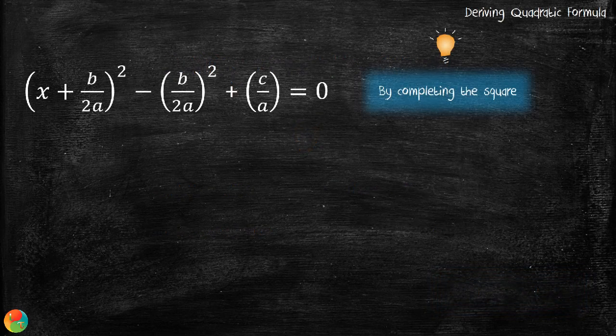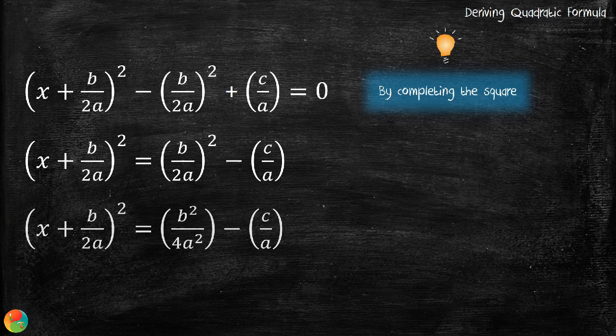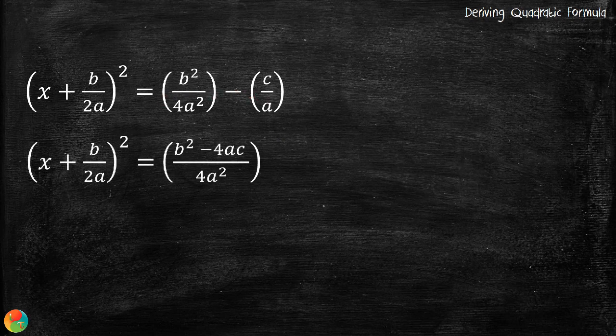Now, continuing with this equation, which is obtained by completing the square, I'll do some simple manipulation to get to quadratic formula. At first, I'll take both of these constant terms on right hand side and write the equation like this. And after that, I'll expand the bracket. (b/2a)² will be written as b²/4a², and then the whole equation remains the same. In the next step, I'll take LCM of the denominators on the right hand side of this equation, and then write the right hand side as (b² - 4ac)/4a².